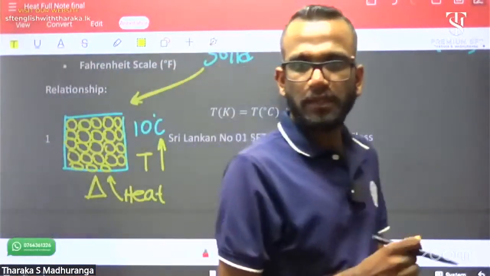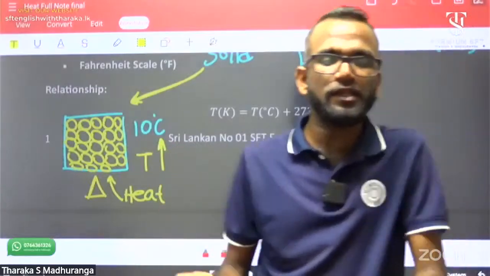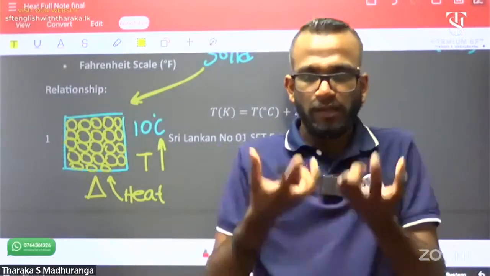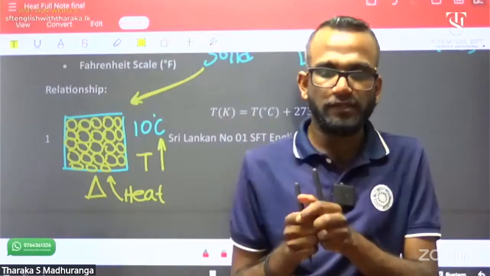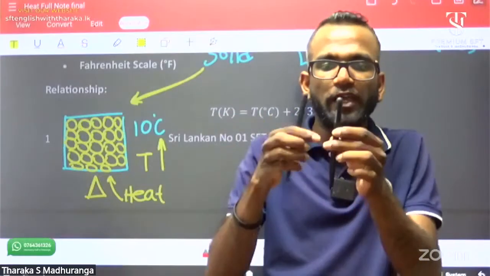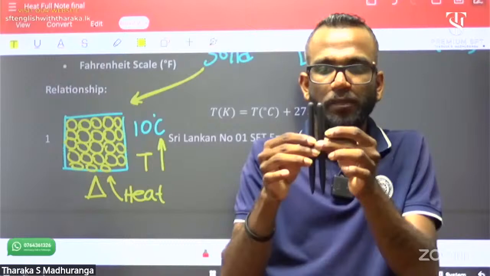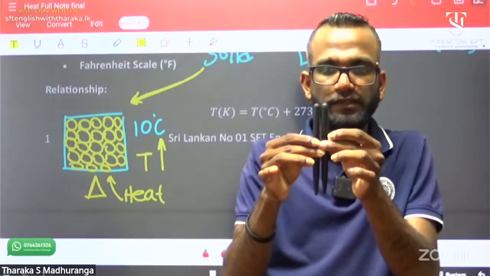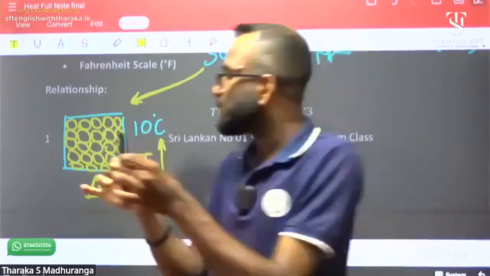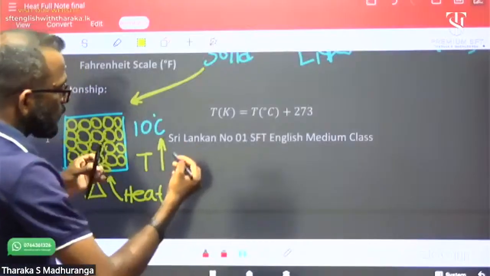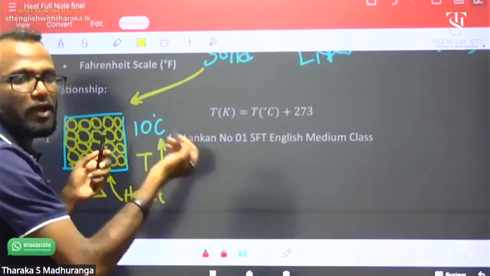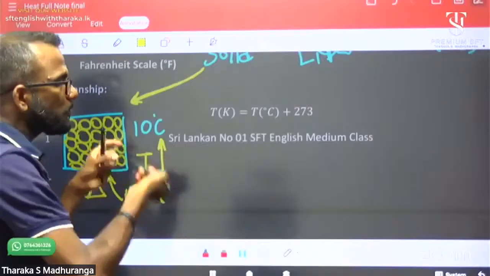Initially, before heated, the temperature of this copper plate is 10 Celsius. Now these copper molecules are vibrating like this. Now if we heat it, 5 minutes heated,